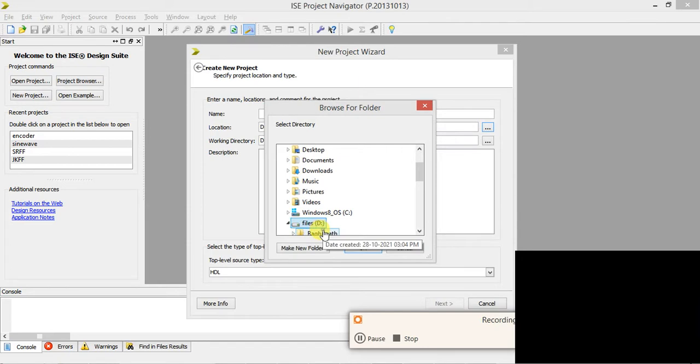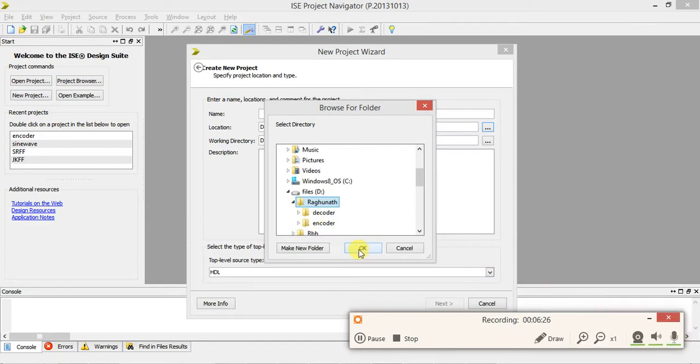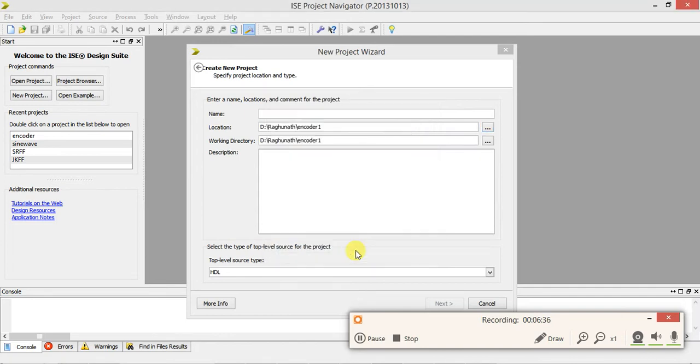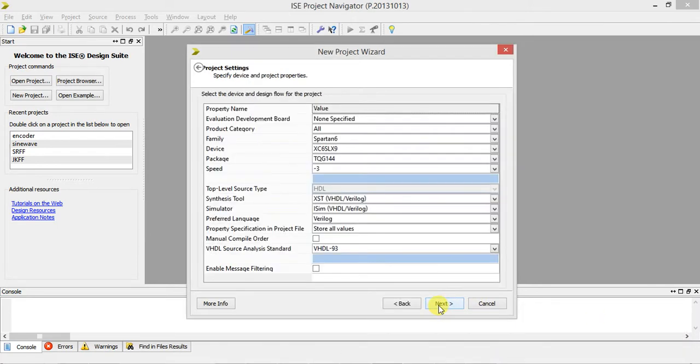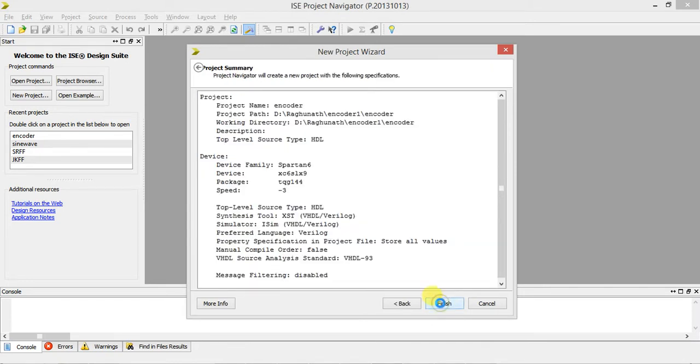I already created encoder, so today I will create one more to show encoder 1. There you give the name as encoder. Next. Finish it.